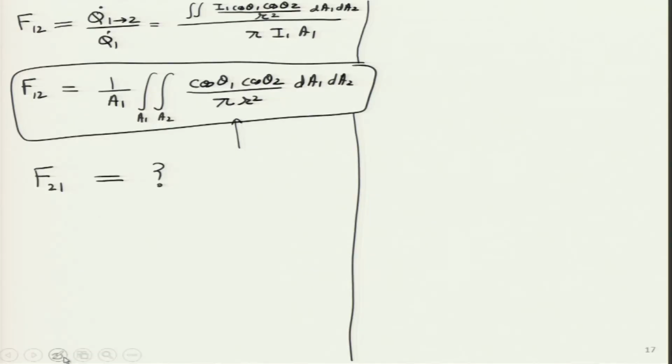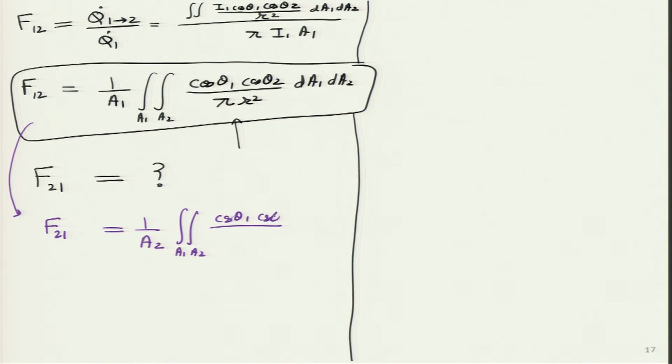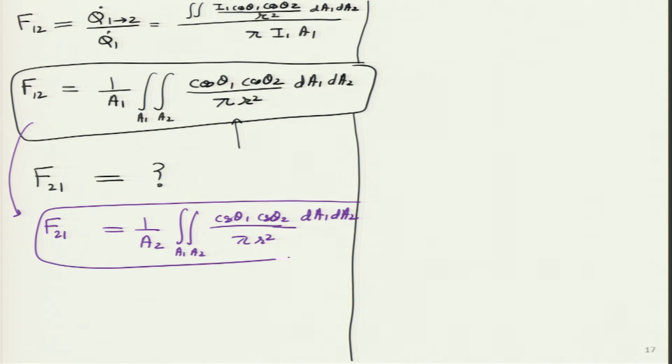And that question I will answer over here. I am just reversing the first index with the second index, which means I can write the same equation as F21. Whatever was 1 I will make as 2. So, it was A1, I will write A2, integrate over here. This will remain A1 A2 because both are same. Cos theta 1 theta 2 remain same, because whether I call it theta 1 or theta 2, r square remains same, dA1 dA2 also remain same, which is very nice.